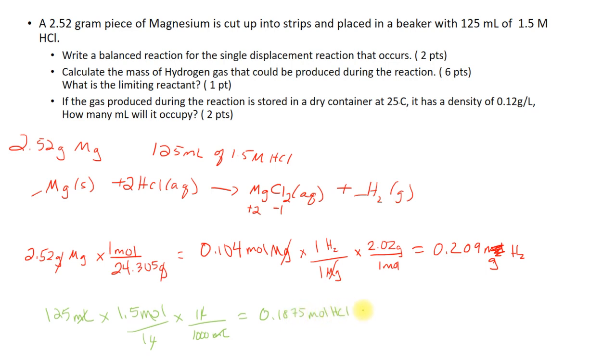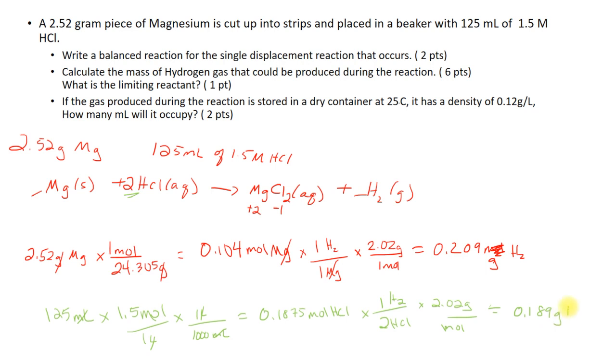This is HCl. Now, to figure out how much hydrogen can be made, I'm going to use the relationship from the reaction. So there's 2 HCl's for every 1 hydrogen. And the weight here is going to be the same as before because it's still H2. So I'm going to take that 0.1875 and divide by 2, and then multiply by 2.02. So basically, we get almost the same exact answer. It's 3 sig figs. My calculator says 0.1893, so I'm just going to say